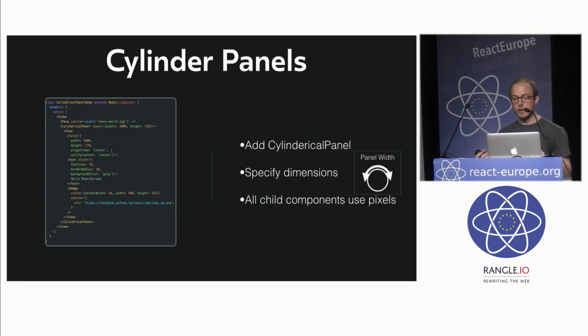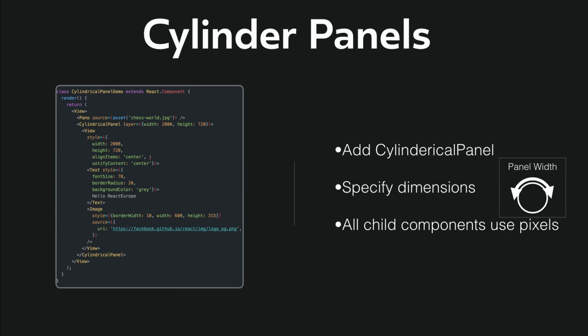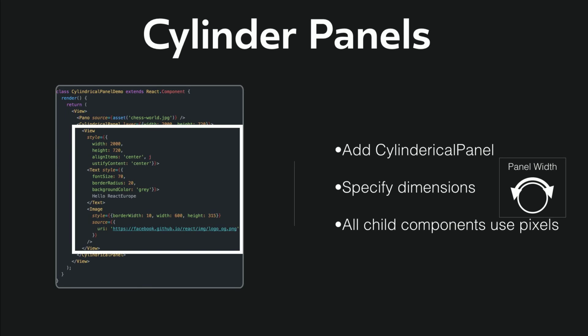So let's look at it. It's very small, I'm sorry about that. Let's look at how we use the cylinder panel. In the code on the left, you'll see the cylindrical panel component. This is the placement of the object in the React VR world, and it contains the dimensions of the panel in pixels. After that, any child component of the cylindrical panel has its style dimensions specified in pixels, and really that is it. And you get the hit tests and the input work with absolutely no change. So it's very, very simple to use and very effective. I encourage you to play around with this. You'll notice the jump in quality.